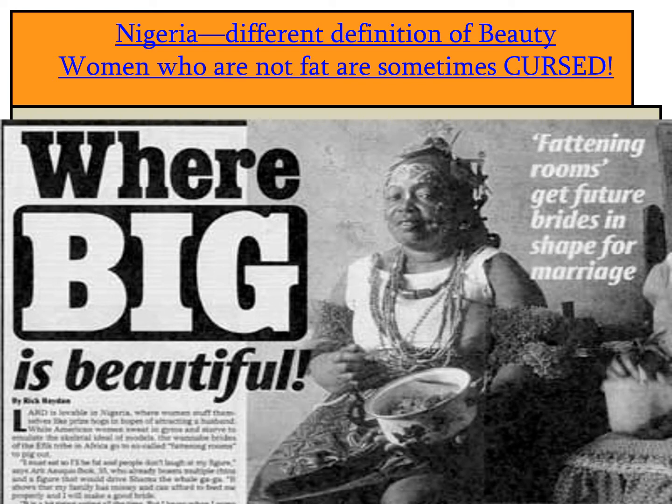And so women actually go into what are called fattening rooms in order to gain weight for marriage. If you have never heard about what fattening rooms are, you can simply Google it and learn about them. But this is a quite interesting cultural example of how different cultures have different ideas and definitions of beauty. And so again, this is what we mean when we say deviance is relative. It changes from time to time, and it is learned from the group or the culture in which you come from.